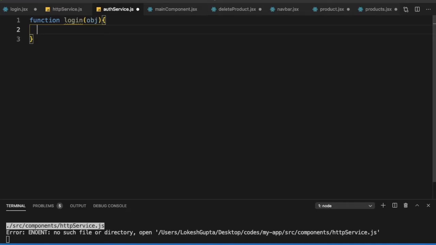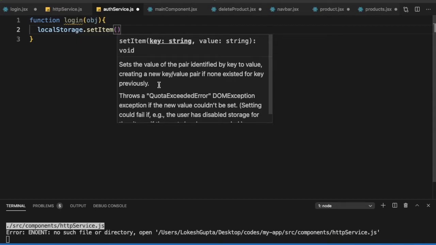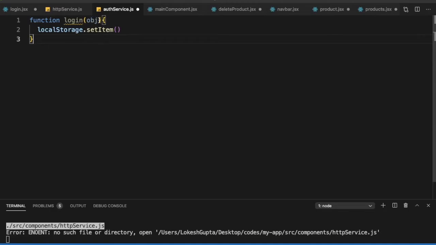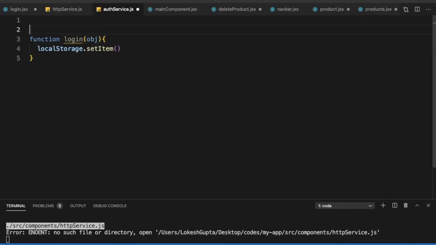So how do we save it in the local storage? We will say localStorage.setItem, and this takes a key and a value. Note both of them here are strings. The key will be a string and the value is a string. We have gotten an object from the server, so we will need to convert it into a string, and we also need a key. So let me say const keyName, which we will be using, will be say user. So we can say here keyName,